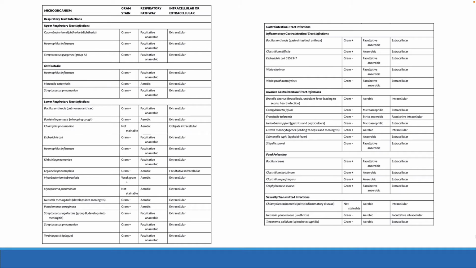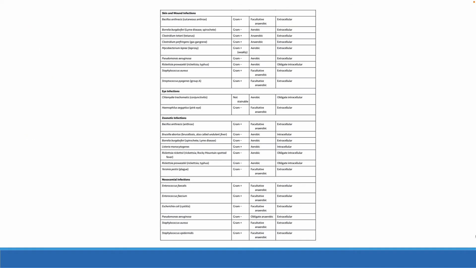More of the particular bacteria that cause damage in different areas of the body. So H. flu, for instance, affects the upper respiratory tract. The lower respiratory tract can be affected by E. coli, right? This is the lower respiratory tract infections. E. coli, H. flu, Klebsiella, Legionella, etc. So I gave you these so that you have some reference point, not to memorize, but so that you have these in your pocket when it comes time to deal with real clinical patients.